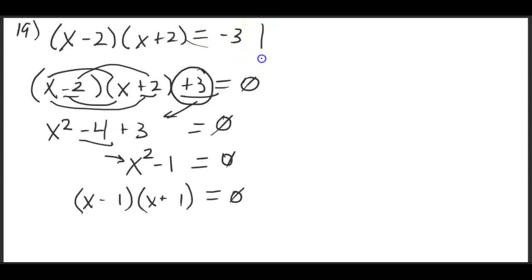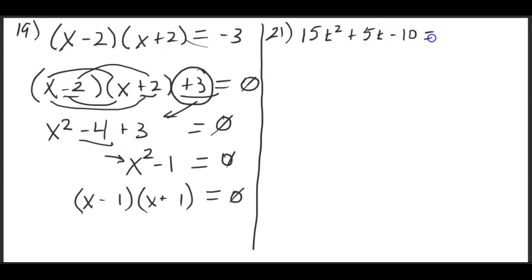And over here, we will take care of number 21 if we need to. What do we have? Okay, with number 21, we have 15t squared plus 5t minus 10 equals 0. Now, something I said earlier should stand out to you if you remember it. It's kind of an odd way to tell it to you, but